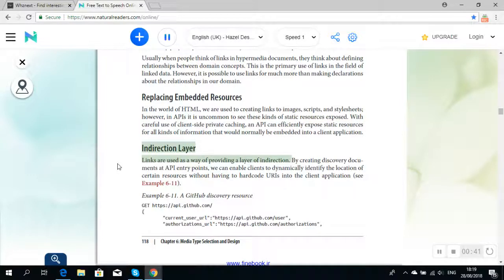Indirection layer. Links are used as a way of providing a layer of indirection. By creating discovery documents at API entry points, we can enable clients to dynamically identify the location of certain resources without having to hard-code URIs into the client application. See Examples 6-6 to 6-11. Example 6-6: A GitHub discovery resource. GET